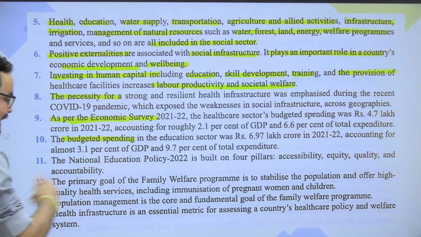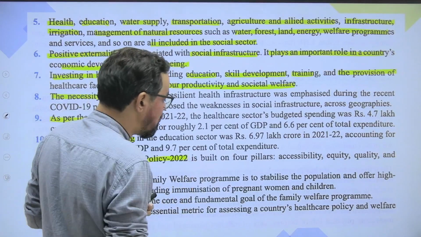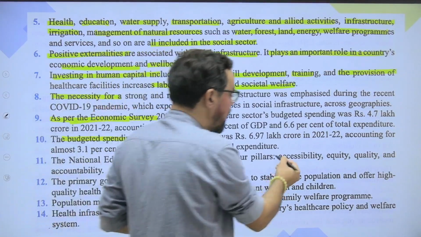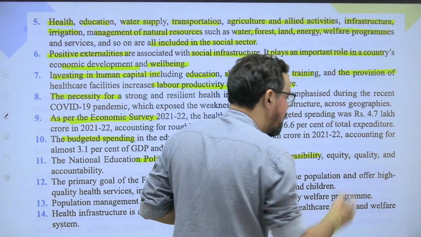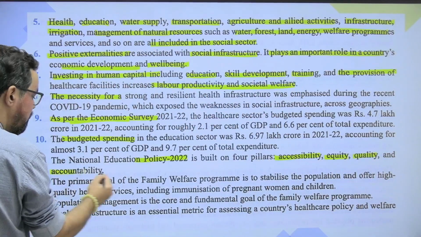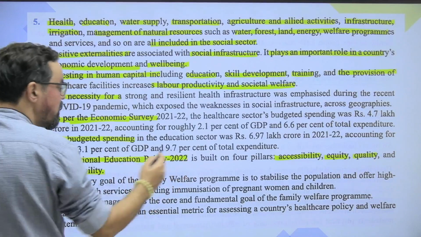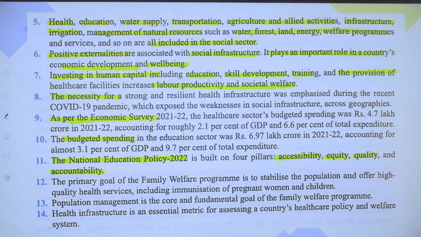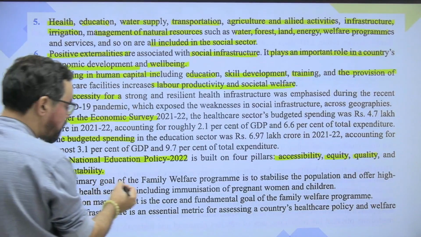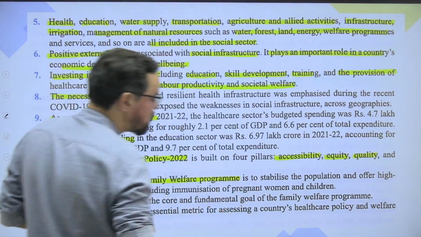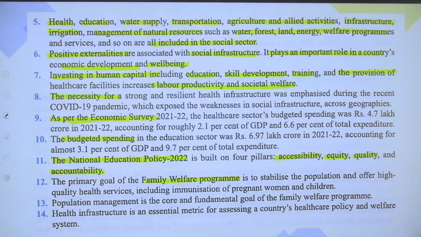Team, National Education Policy 22 is built on 4 pillars. Accessibility, equity, quality, and accountability. Okay? So please do remember this one. It is built on 4 pillars: accessibility to all, education for all, equity, equal education, then quality education and the accountability. Okay? The primary goal of the family welfare program is to stabilize the population and offer high quality health services,